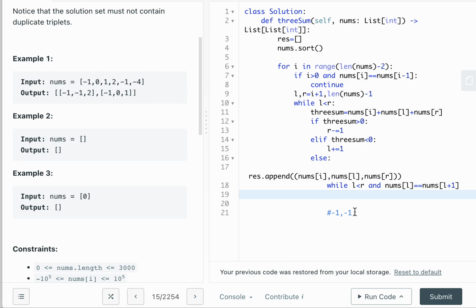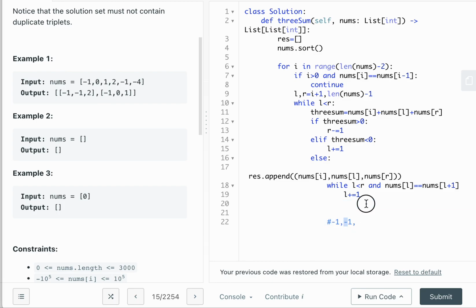And this way I can avoid a duplicate answer. So in that case I want to add 1 so that I shift the left pointer